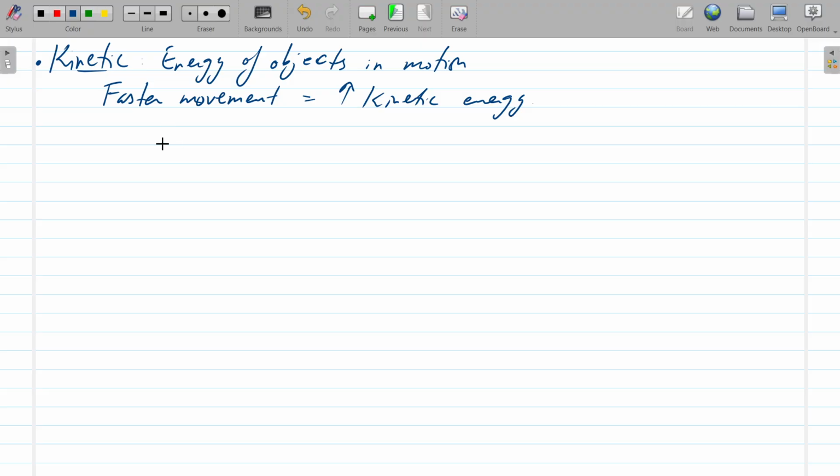So an example of energy transfer happening over here is, for example, you're hammering a nail. Alright, so the movement of your hand,